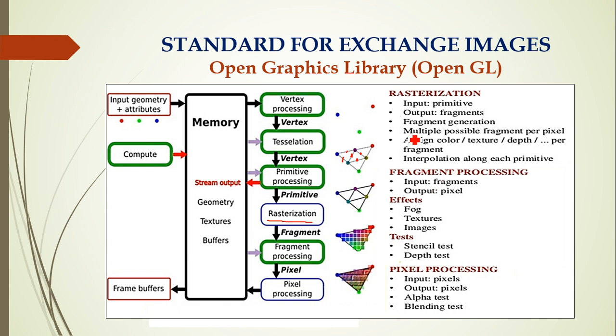And here what you have done is you have given some colors to those fragments. Those small fragments have been assigned some colors, so that leads to fragment processing. So fragment processing is again a step under rasterization. Here you could give various effects within the fragments. You could give some textures, some colors, and all to the minute fragments generated by means of rasterization.